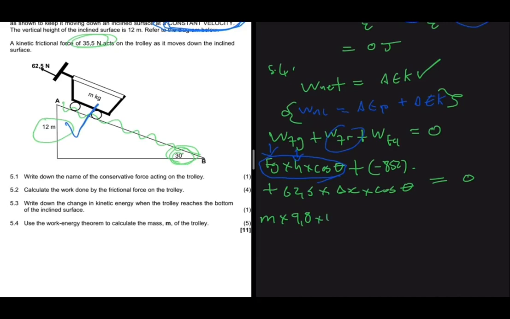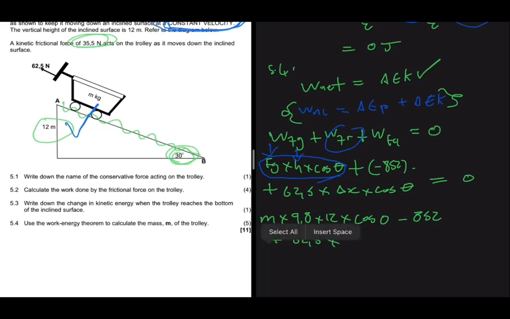We know that is 12 meters, and then what is the angle? The angle between Fg and the change in the object's position relative to the height, right? That angle is 0, so we have cos of 0, because gravity is pulling the object down, and ultimately along the height the object is going down. So that angle is 0, and then minus 852 from gravity, and then now we'll have plus